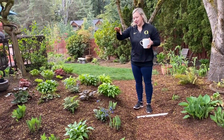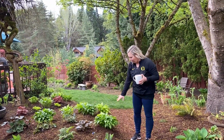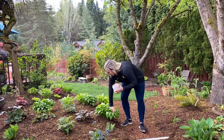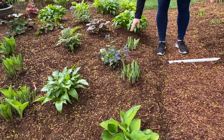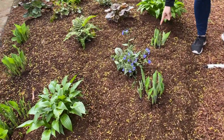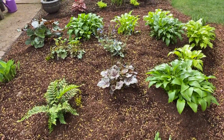I did get mulch into a couple of the beds, but I also wanted to show you how much these plants are growing. They're just doing amazing. Some that have been up for a while, some that are still trying to come up, but they're just thriving